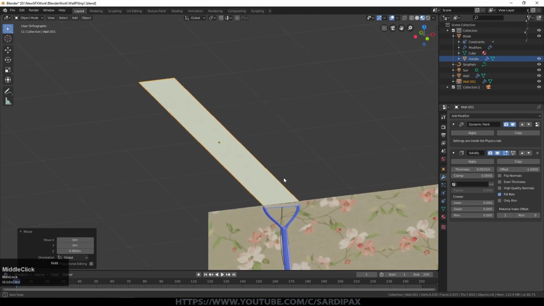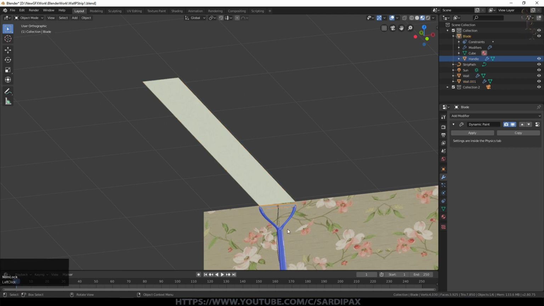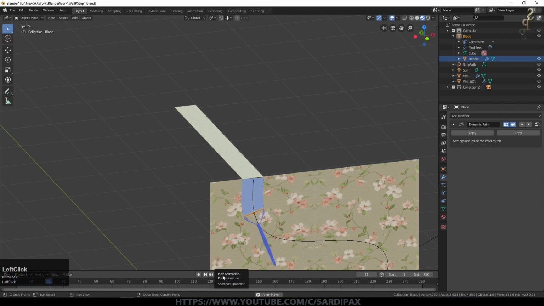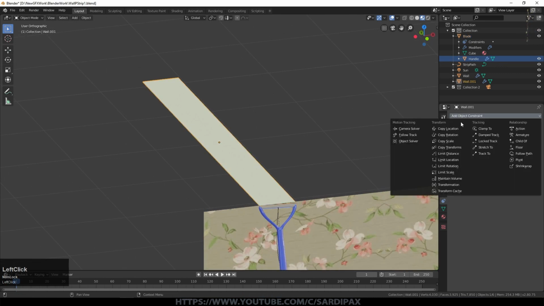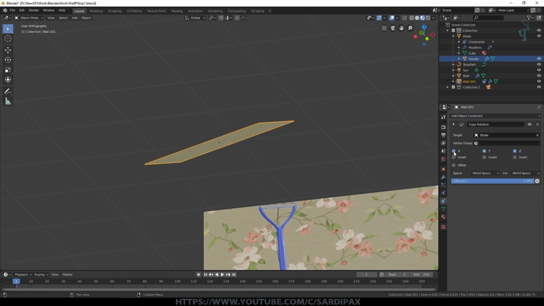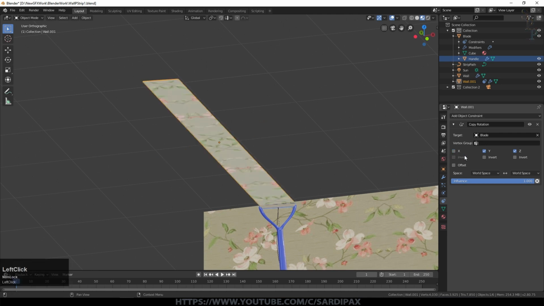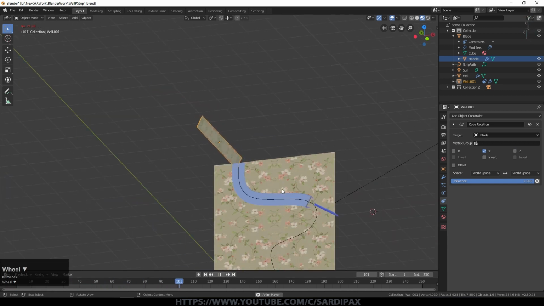So the first thing we need to know is how do we control the angle of this paper strip, because obviously it needs to match the angle of the blade. As the blade rotates, which it does as it moves along, that strip of paper needs to rotate as well. So to achieve that, we add a constraint, and the constraint is copy rotation. We tell it to use the blade. We'll have an offset to begin with, and we're only interested in this case in the Y rotation of the blade. So if we press play now, you can see it does rotate with the blade. It's the wrong way up at the moment, but we'll correct that in a moment.